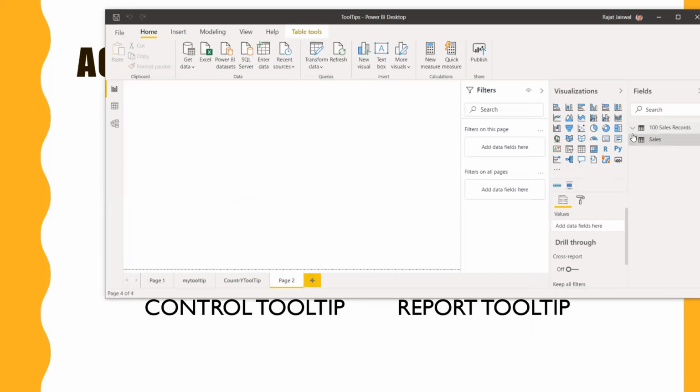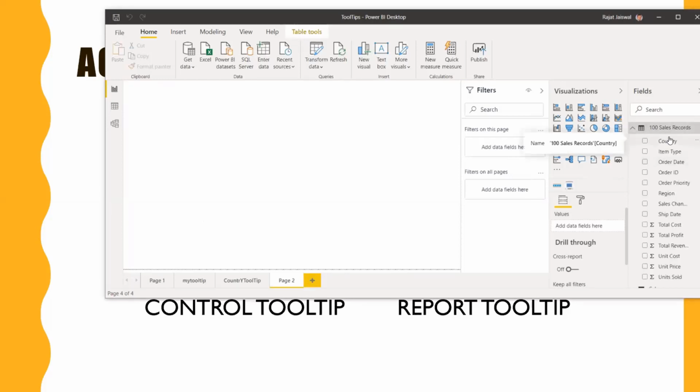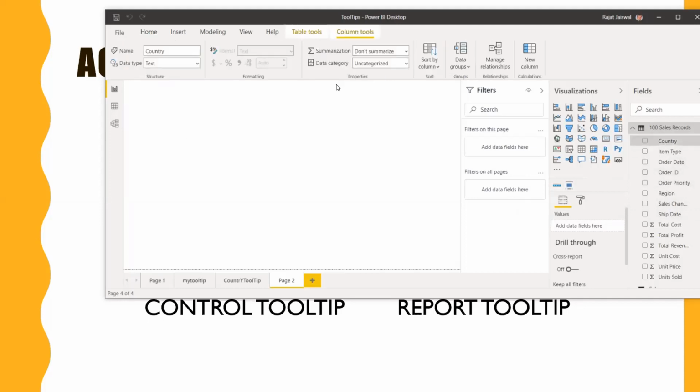Yeah, we already have it. Now, as I mentioned earlier, you need to categorize your data. You need to set the proper data category of your data. So this country column is the category available, that is Country.